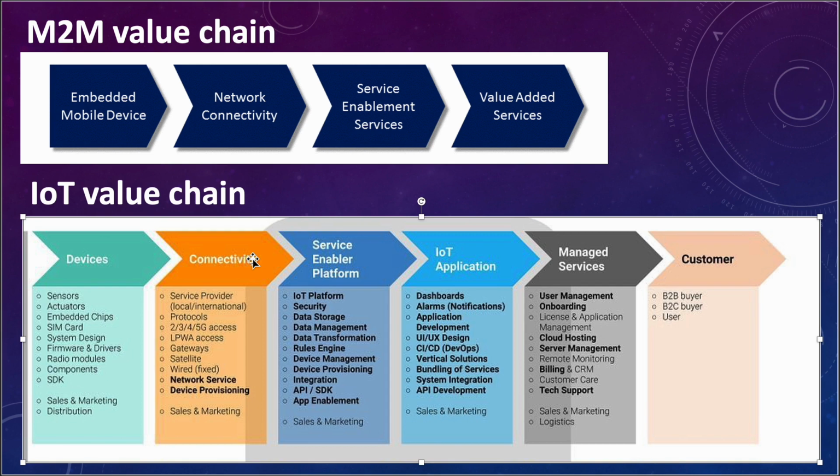Okay, we have this IoT product, we are going to make this IoT product, can you make an application for this? The application company says, okay, I will make the application and everything, but we need a place to host this application. So the application company then buys another product from a cloud platform, right? So you can see that along this value chain there are other value chains joining in, either partially or